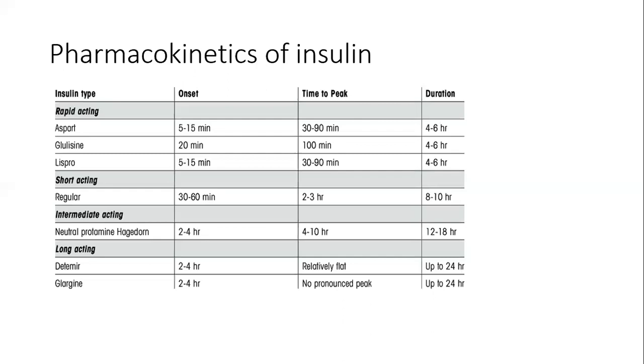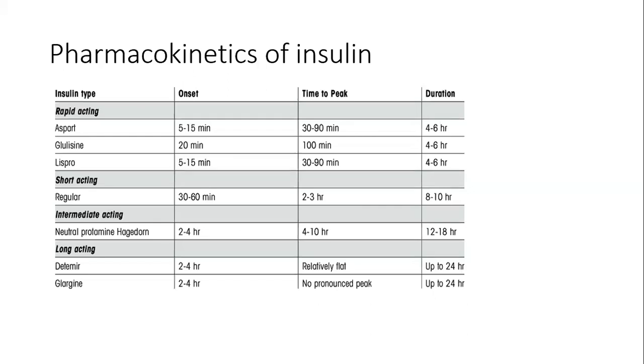Now, the idea of getting to understand the kinetics of these insulin types is so that when you're prescribing them for the patient, in your mind you know that if you're giving a rapid-acting insulin, then you need to inject it about 15-20 minutes before the meal. And you know that by about 4 hours, that insulin will be out of our system. If you're prescribing a short-acting regular insulin, then you need to prescribe about 30 minutes before the meal. And you see that it takes a longer time, a longer duration of action,